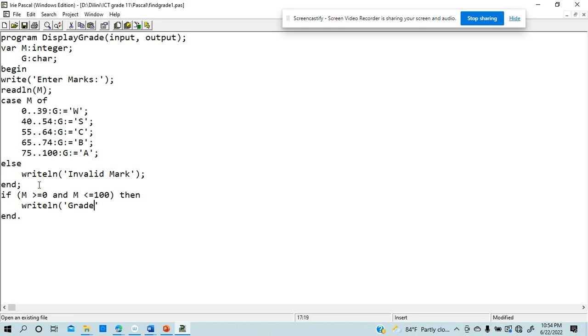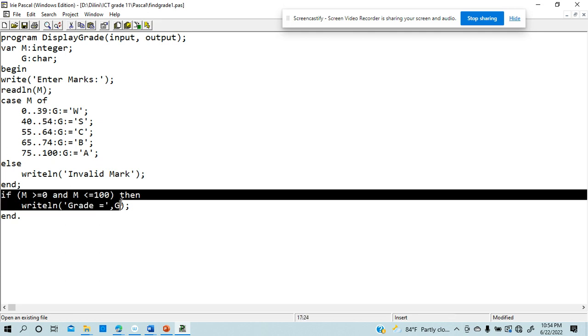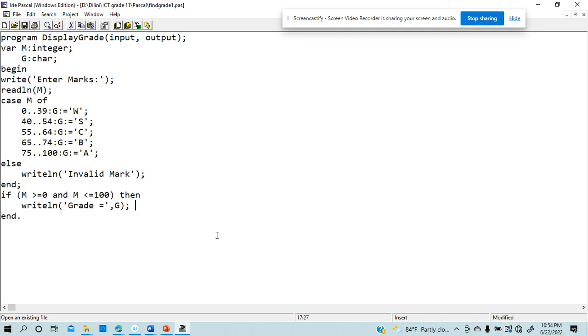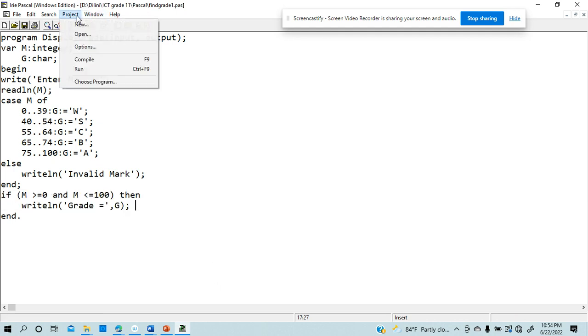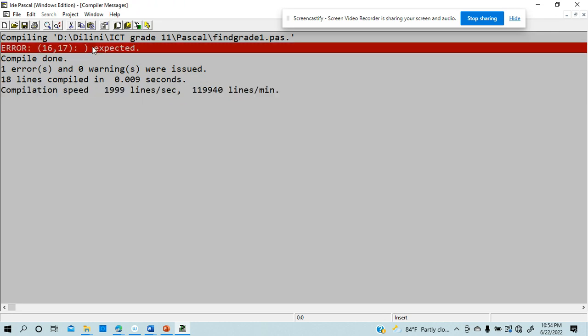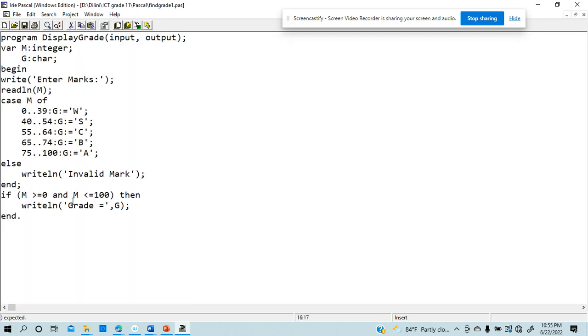Grade is equal, so you can say comma after that, G. Only put the semicolon here, because in this if condition you have only the true part. There's no else part. Again, save it and compile. There is an error message here. Yes, because